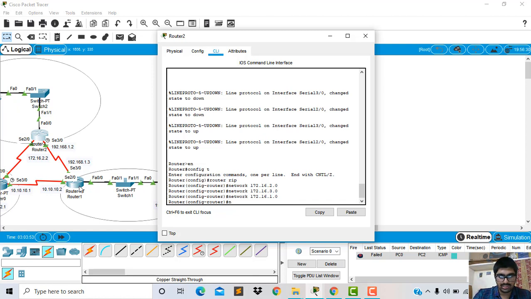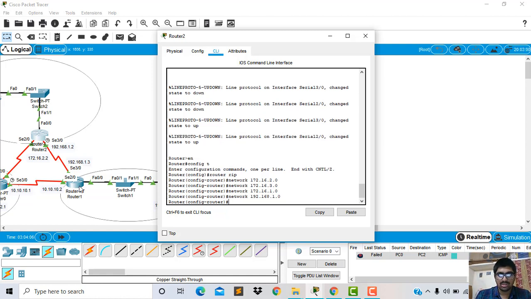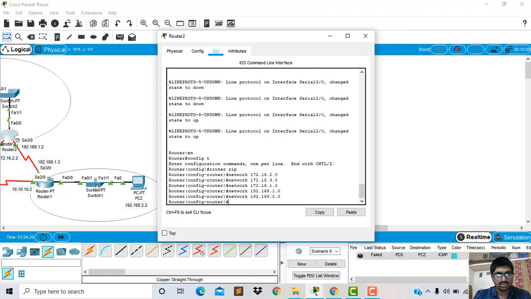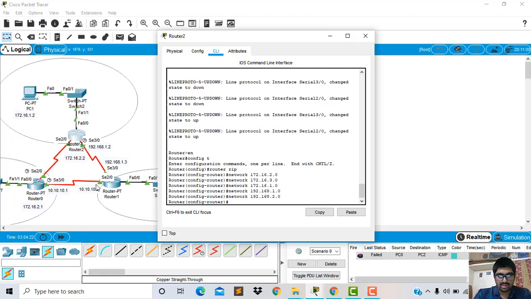Now we will go to LAN 3 and add the network address of that router, 192.168.1.0. I'm adding the LAN 3 PC network address. Now we will add the network address between router 0 and router 1, network 10.10.10.0.